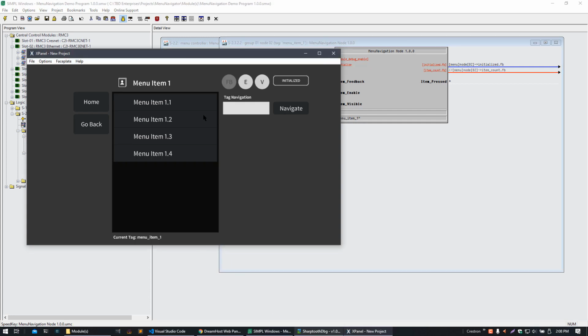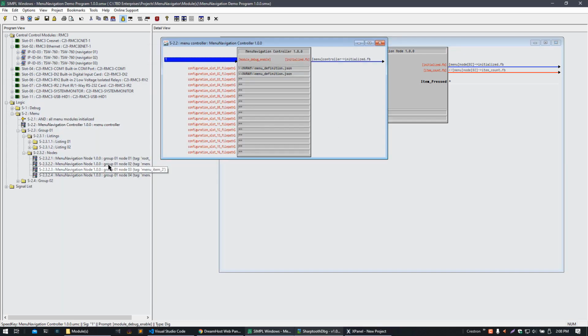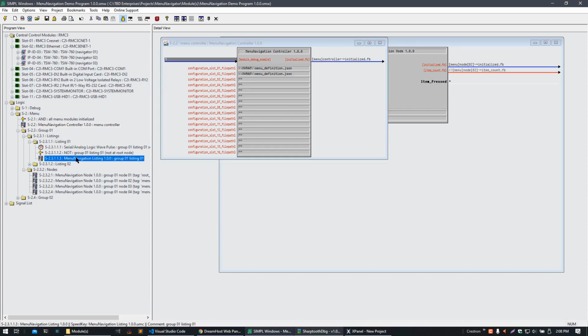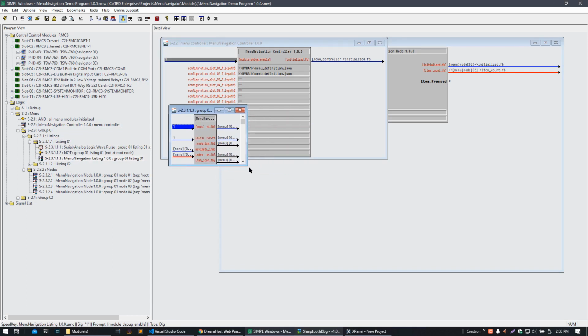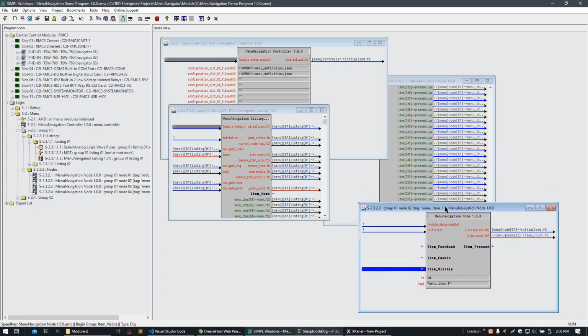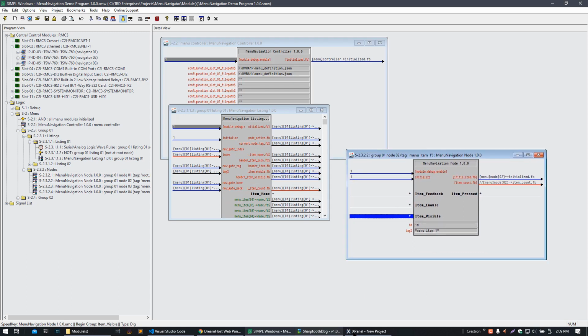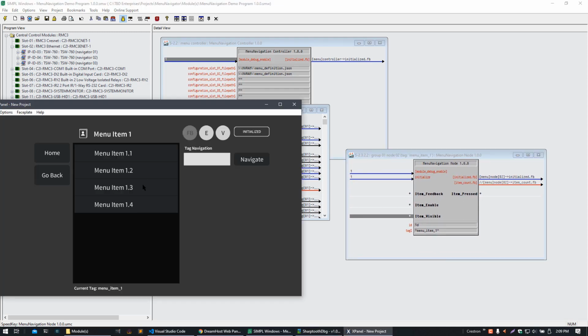So if it's on this particular view within the menu, then this listing module, which is driving this list right now, pairs up in memory and keeps a reference to this